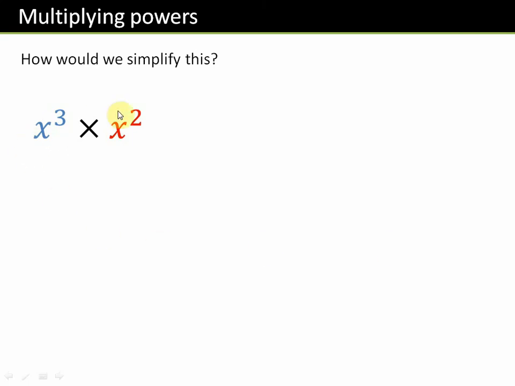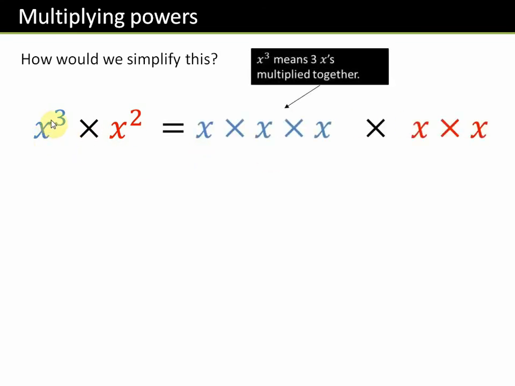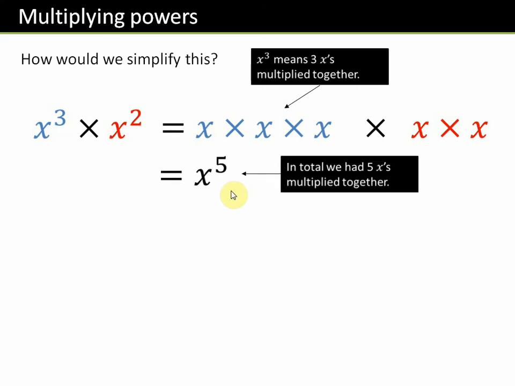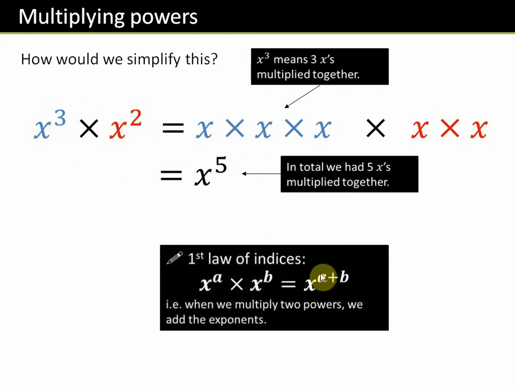If we have x power 3 multiplied with x power 2, this means the same base multiplied with each other, here is x base and here is also x base. If the bases are the same and the powers are different and both are multiplied with each other, then the powers will be added. If we write x power 3 as 3 times x, and x power 2 as 2 times x, then it becomes total x power 5, and you can also write x power 3 plus 2, so it becomes x power 5. So this is the first law of indices.